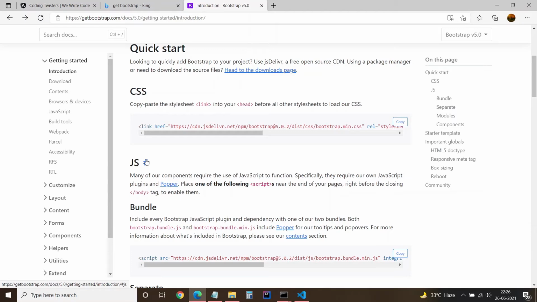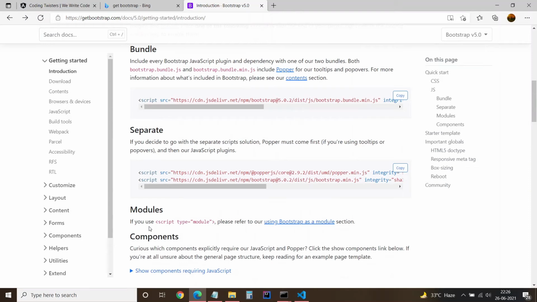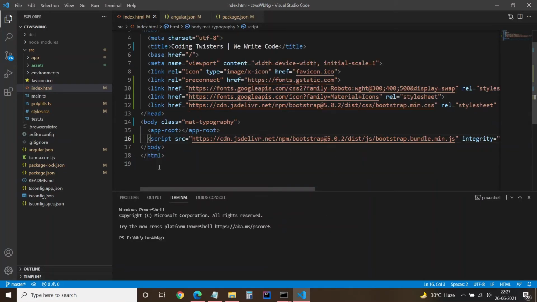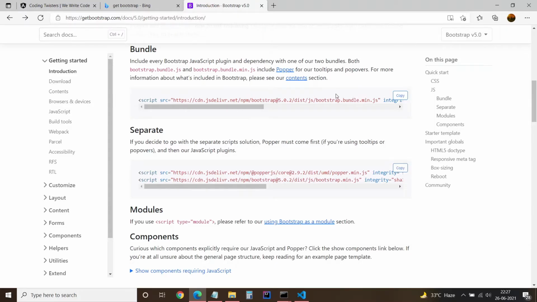For working dropdowns you need JS. There is a separate popper.min.js and bootstrap.min.js; you can copy both and paste them just before the end of the body. But I have used the bootstrap bundle, which contains both popper.js as well as bootstrap.min.js, for working dropdowns.